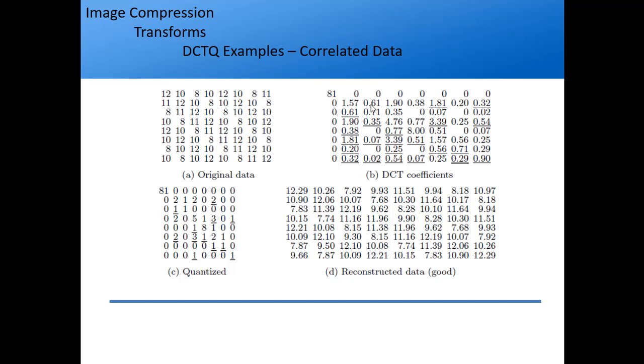If you see the diagonal term here, it is 8. It is a high value, so it is high only here. The rest are all small numbers, mostly 0 or 1s. So you don't have to transmit this, or you have to transmit it with fewer bits. Then when you reconstruct it, you get this data.